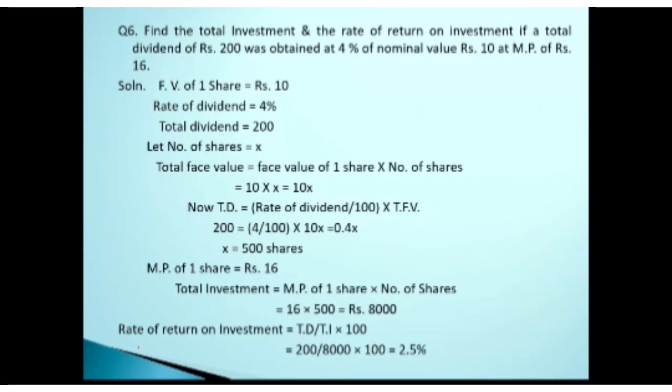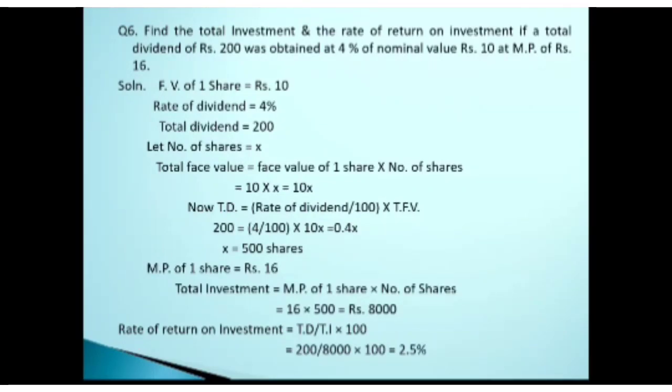So this question was a little tricky. In this, total dividend was given and you had to calculate the number of shares. Earlier, in the last two problems, the number of shares was provided to you, and from there we had found the total dividend. So depending upon what data is given and what component we are supposed to calculate, accordingly you have to modify the formula. So a little bit of change was there in this particular formula. Otherwise, the last two steps were the same. Total investment and rate of return were exactly the same as the previous question. So I hope by now everyone understood this.